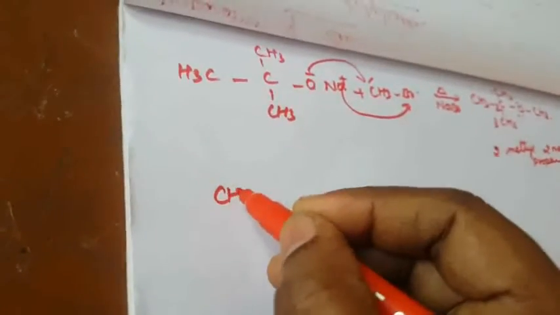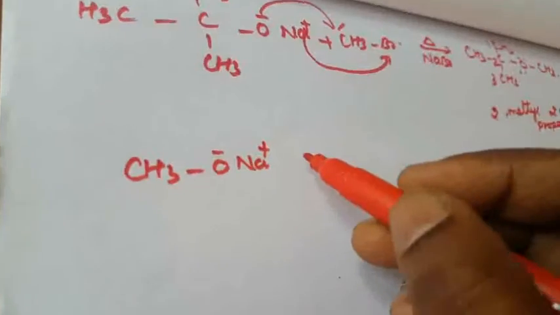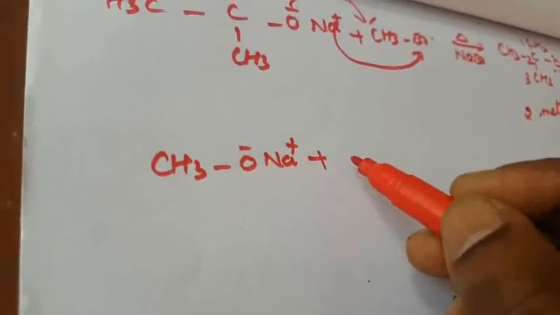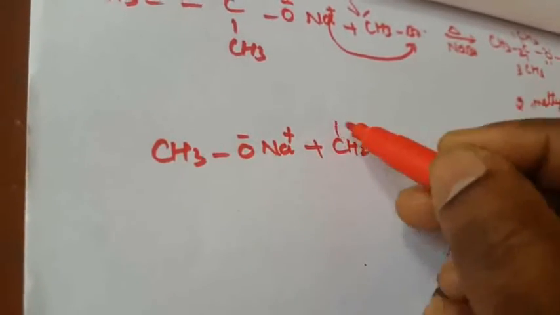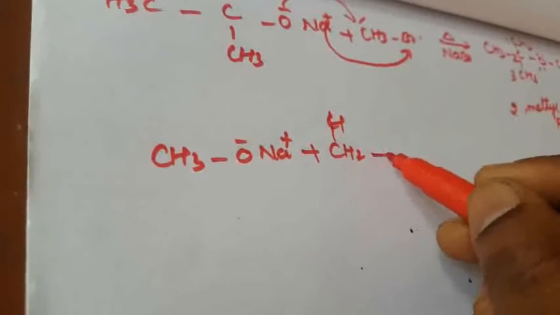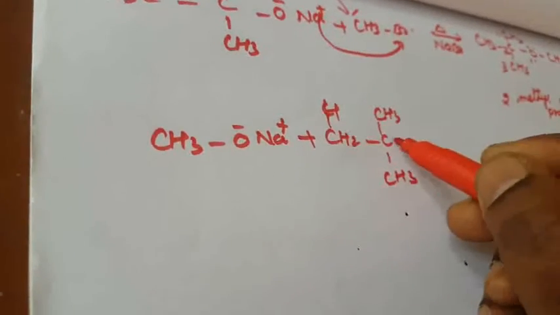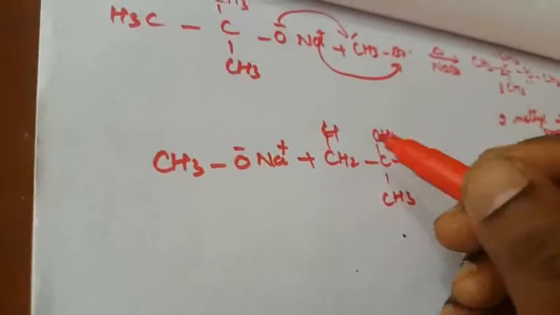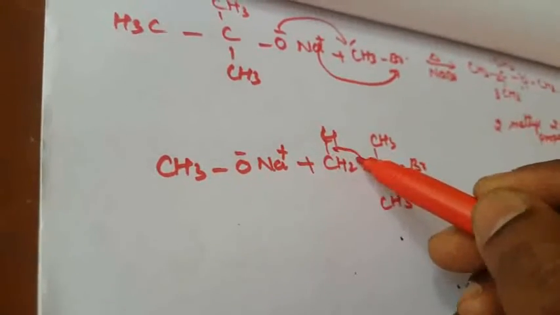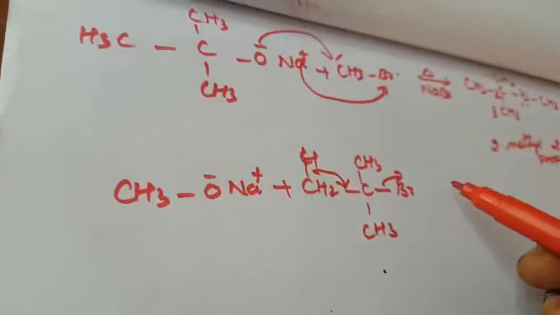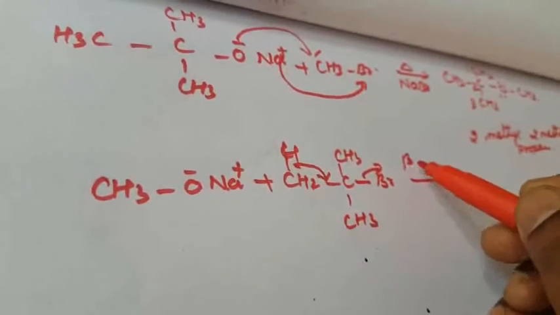Okay, so another one is tertiary butyl bromide with sodium methoxide. Again an alkyl compound will be formed, the same compound for O minus. Again it will react with tertiary butyl bromide, CH3, and that is Br. What will happen? This compound will be attached to that one. This is the negative compound, that is beta elimination.